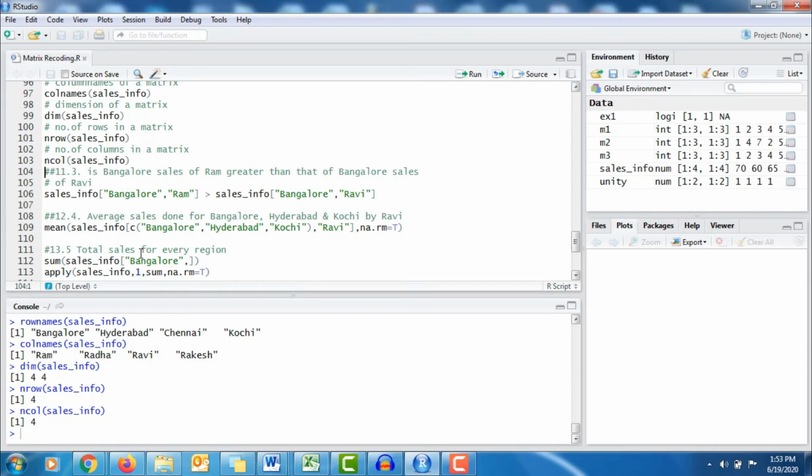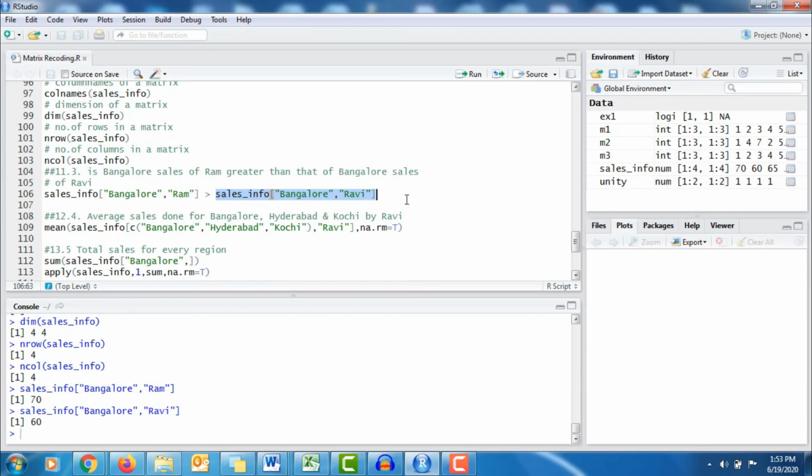Then you have to give the greater than operator followed by sales info in the square bracket. You have to access the elements for Bangalore for Ravi. So if individually you execute this piece of code, you can see Bangalore sales for Ram and Bangalore sales for Ravi.